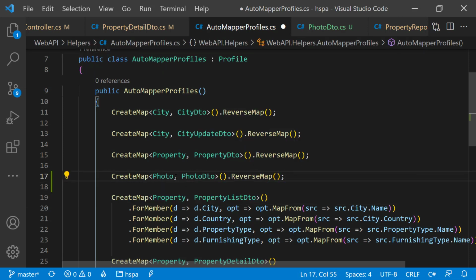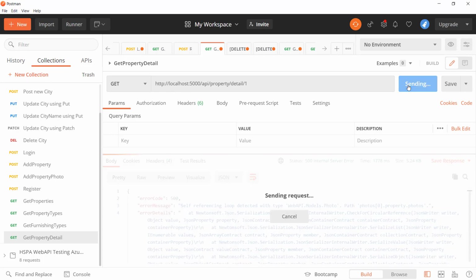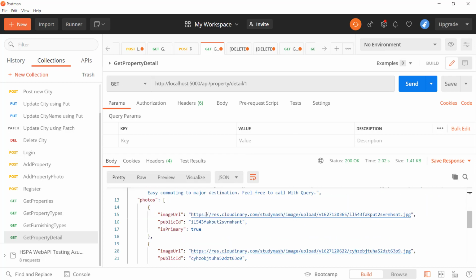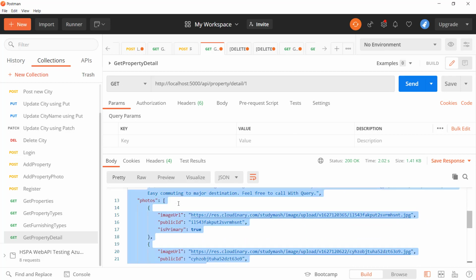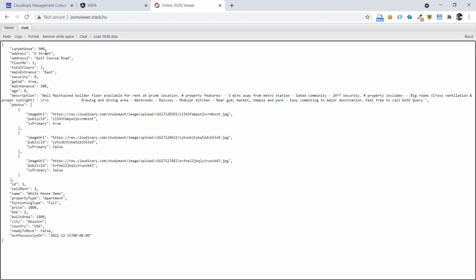Save it, and if we now try to call this endpoint to get the property detail, perfect, it is now successfully loaded, and it also contains the associated photos as well. Let's copy this and try to see it on the JSON viewer site. Paste it here in the text.